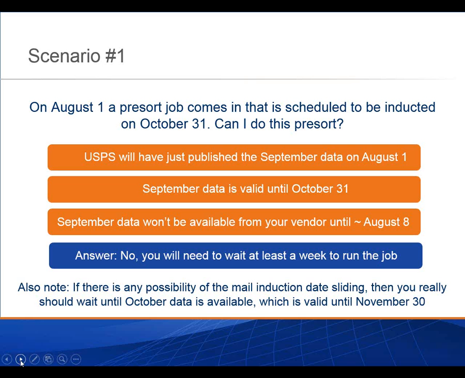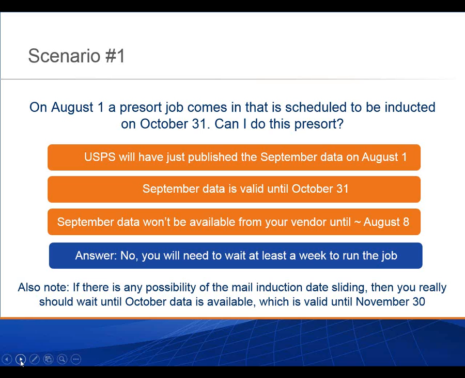October 31st. Now the other thing to keep in mind is if you know that mailing is going to be inducted on October 31st, and if you think there's any possibility that that induction date could slip a couple of days, then this answer completely changes, because as soon as you get into November, September data is no longer valid. So what you would have to do is, if you think there's a possibility that this job might slide into the beginning of November, you would actually have to wait until